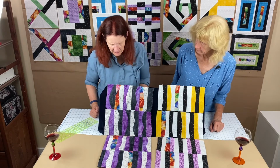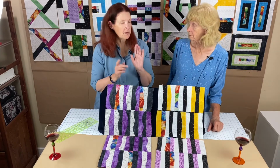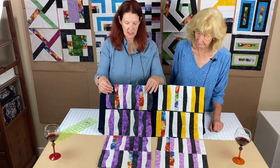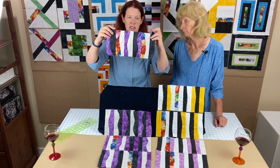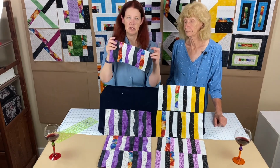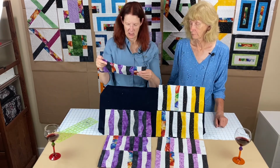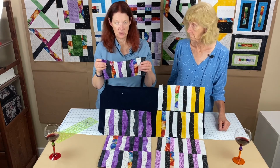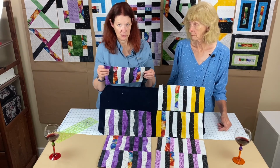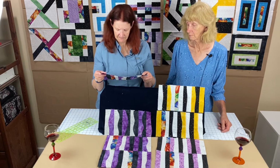I have my half block. I definitely could. Oh, or you could turn them over. The other thing I was going to mention is that when you hold up your pieces, your top and bottom edges are not going to be exactly straight, because when we sewed together those weird pieces, you get some funny things hanging off. So one way to approach that is to look at your two straighter edges and sew those two together. Or what I actually did was,